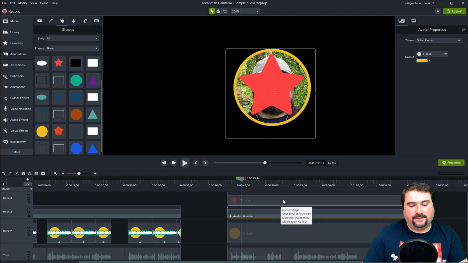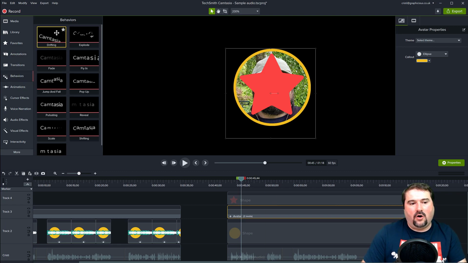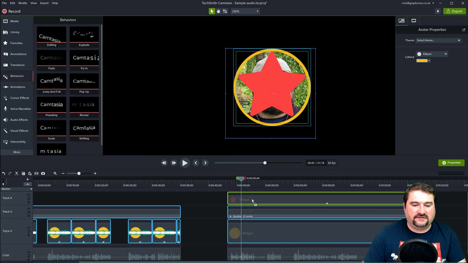And this time, what I want to do is use behaviors. This is something that allows you to make stuff move or pulsate or blink without using animation. These are repetitive built-in animations in Camtasia that you can apply to objects. If you go to behaviors on the left side, all of the effects are shown with text, but behaviors work with objects too. If I take this pulsating one, for example, I can drag it onto this star.